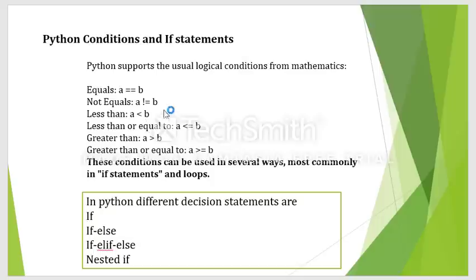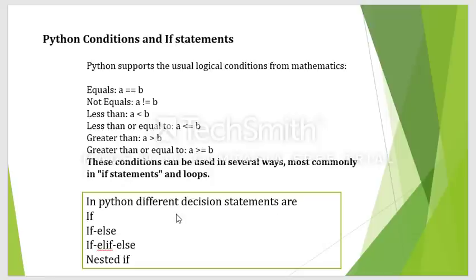Generally, these if statements can be used with logical conditions like A is equal to B. We are checking whether A is equal to B, A is not equal to B, then less than or equal to, greater than or equal to. So these are the common logical operators or relational operators that we use in Python, associated especially with decision making statements.